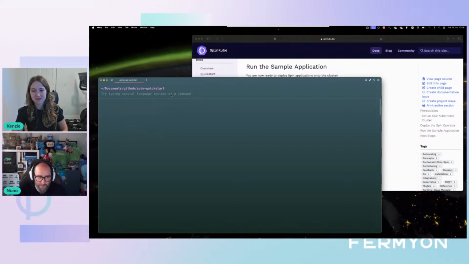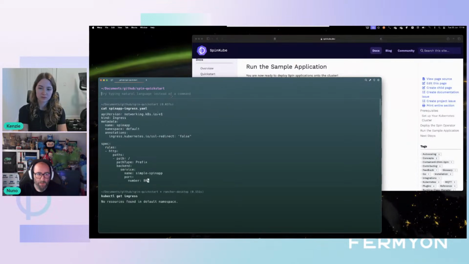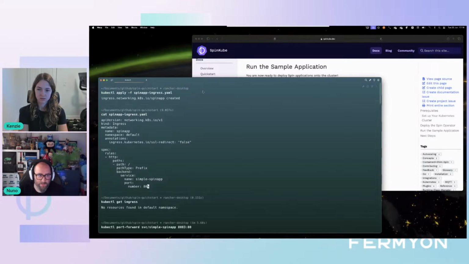But here, quickly, if I do get ingress, I don't have anything. I prepare the file right now, so it will be the spin app ingress file. Here, what I'm stating is that I target the simple spin app that we have, and then it will be available on port 80 on our machine. So if I do the kubectl apply -f and then the spin app ingress,